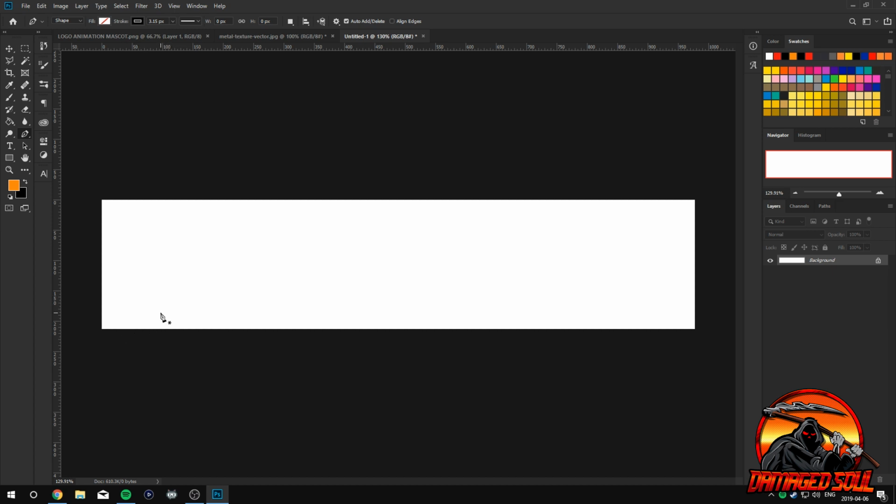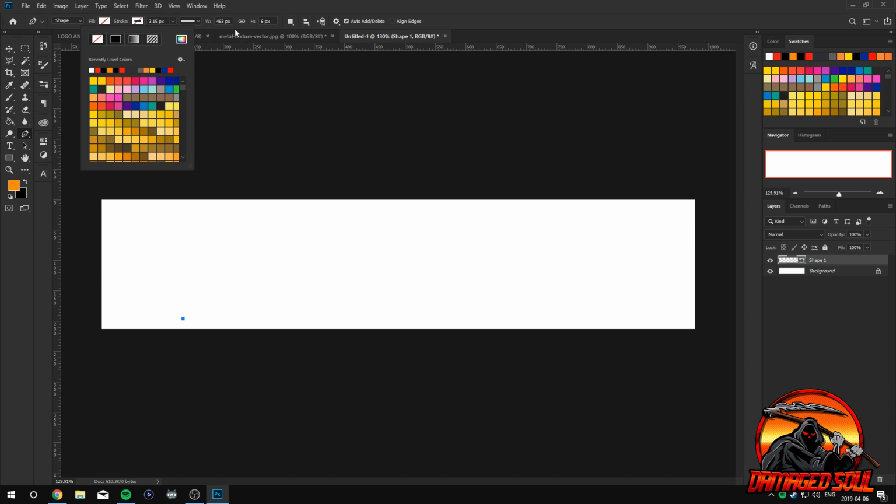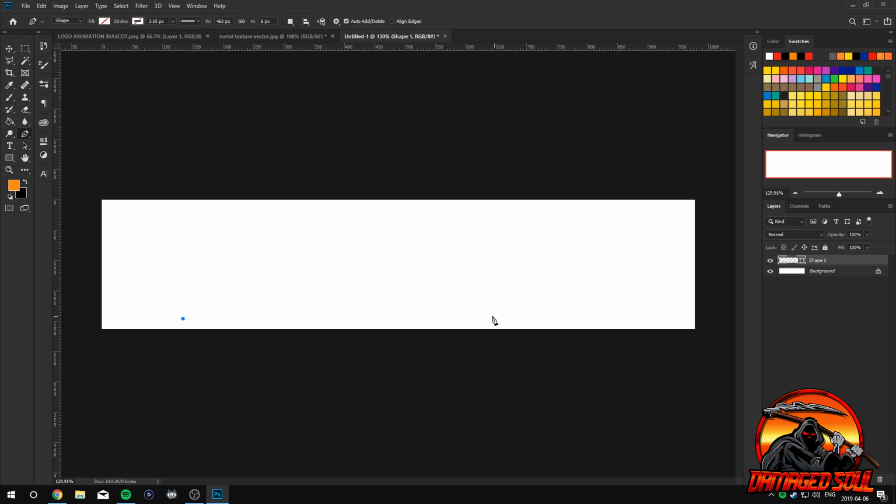So let's get right back to this. So now I'm going to create the size of my alert box. Now you're going to want to click a point, and hold down shift so it gives you a perfect 45 or a perfect straight line. Because if you don't hold down shift, you'll get a weird line all jagged like that, and you don't want that. Also turn your stroke off up here, and now I'm going to hold shift and get a straight